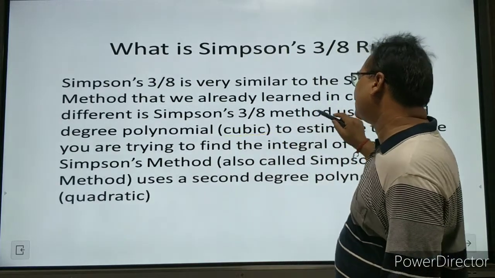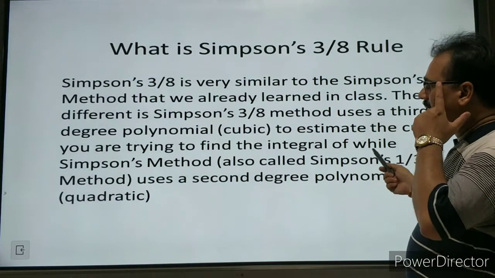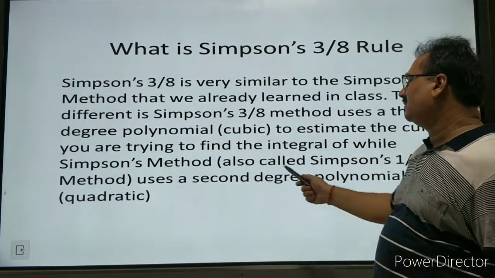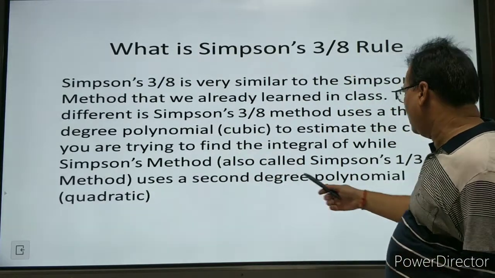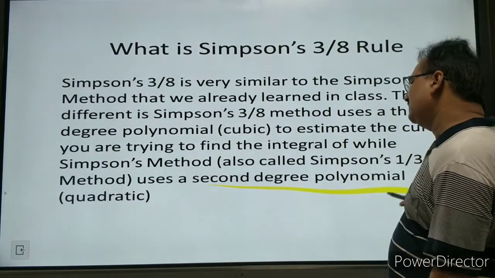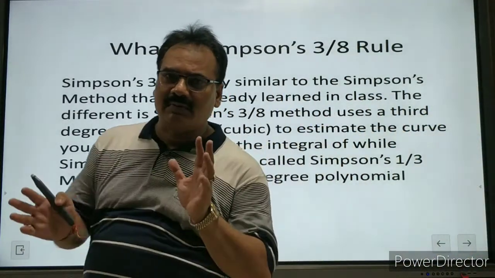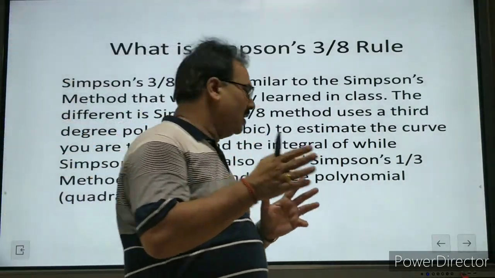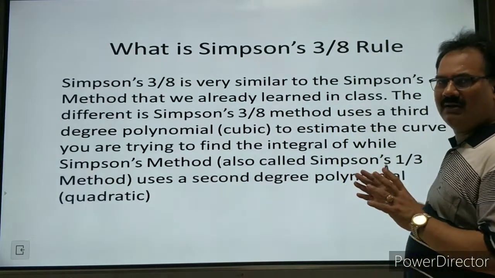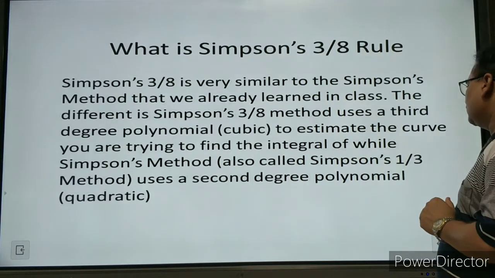In Simpson's 3 by 8, we use the 3rd degree polynomial to estimate the curve when you are trying to find the integral of y. Simpson's 1/3 method uses a 2nd degree polynomial, that is quadratic. So this is the main difference between Simpson's 3 by 8 and Simpson's 1/3. In Simpson's 3 by 8 we address cubic and in Simpson's 1/3 we address quadratic. Okay, so in this way